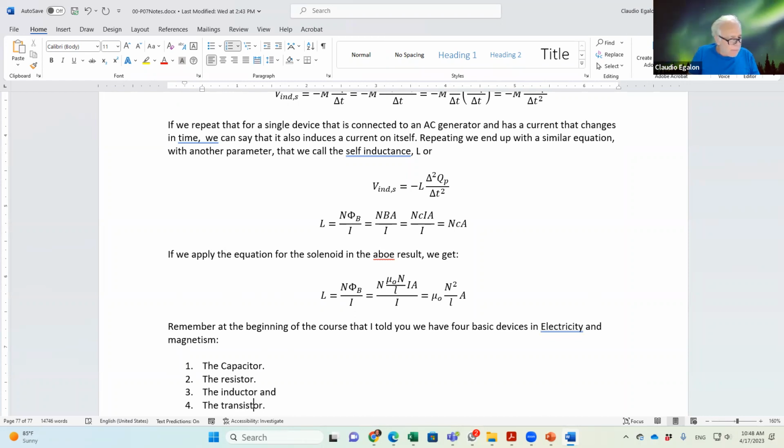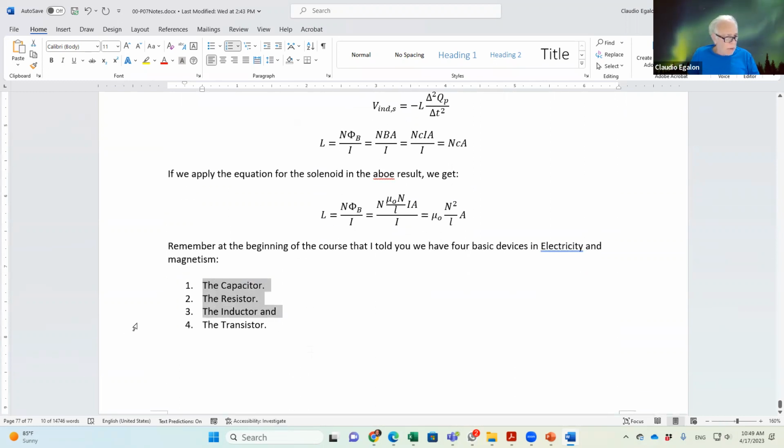I'm going to even put them in capital letters so you understand that those devices are very important. You can build any device that you want, cell phone, LED screens, using all those 4 devices, simple devices. In this course, we're studying only those 3. This one is for a more advanced course, okay? So let's take a look at capacitance